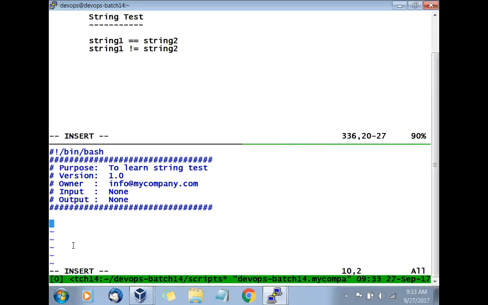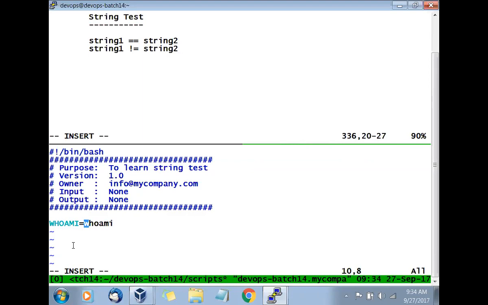So I can directly run whoami, right? But where will the output go? Output will always go on the screen. But we want that output to be captured in a variable. We want that output to be captured in a variable. So how will you do that? So we'll say variable equal to this. But is it going to work? No, export is for defining the variable. We do not have to define the variable. We have to get the output of the command and give it to the variable.